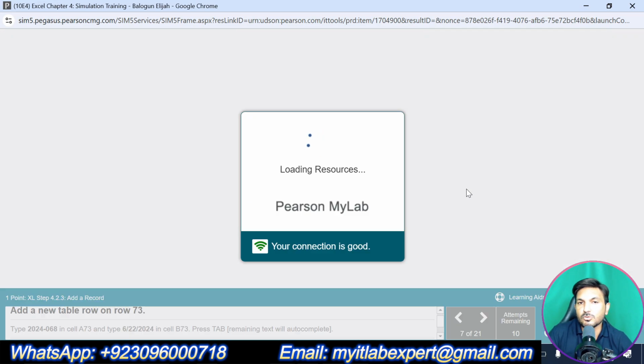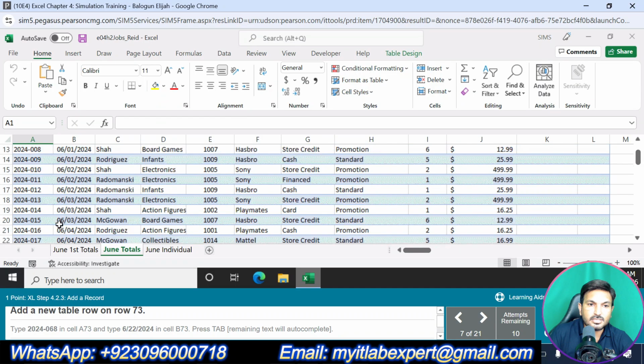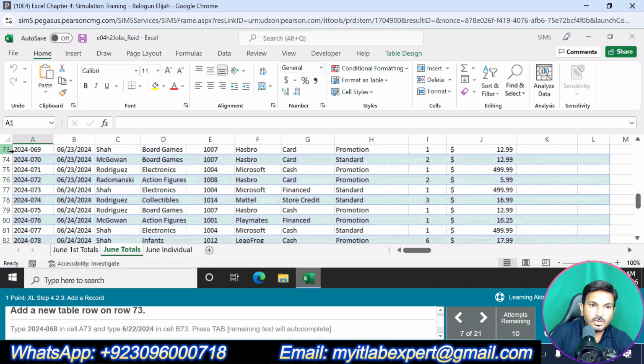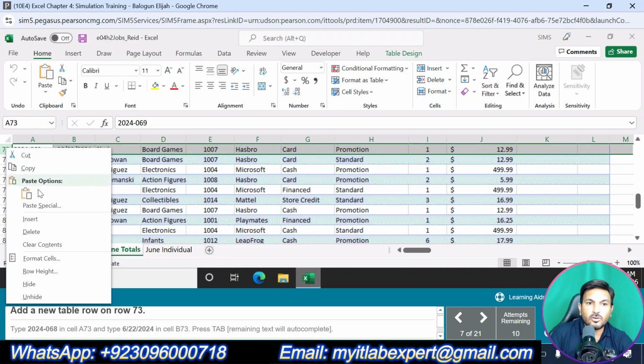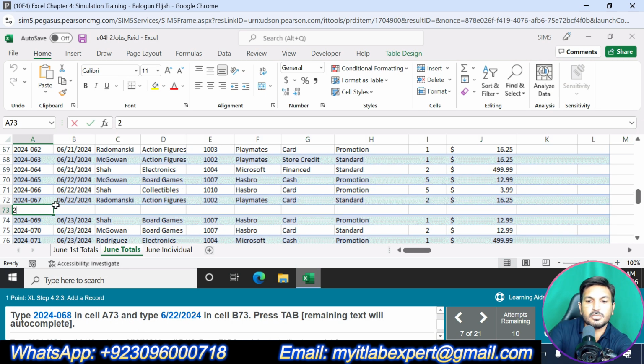Now we are supposed to do next question, that is question number 7. Add new table row on row 73, go to row 73. Here, right click on that and click insert. Okay, here we are supposed to type